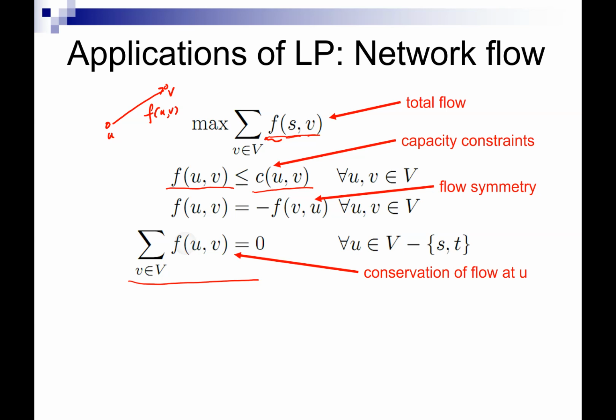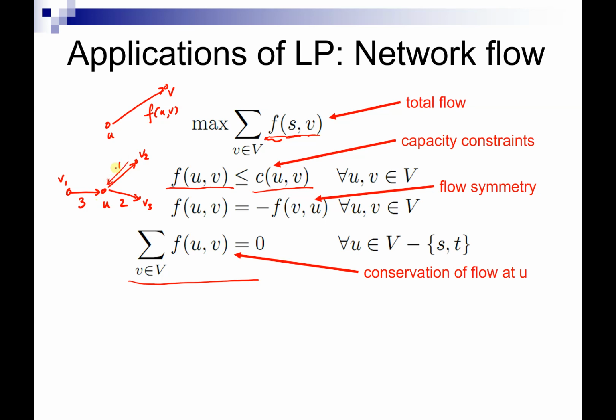So for example, if you have a node U over here, and let's say that you have an amount of flow, let's say 3, going into here. Then you need to have some amount of flow going out of U. So here you have a vertex, let's call this V1, and then you have some flow going to V2 and then maybe going to V3. Let's say that there's an amount of flow 1 over here, an amount of flow 2 over here. Then that would mean that the flow from V to U,